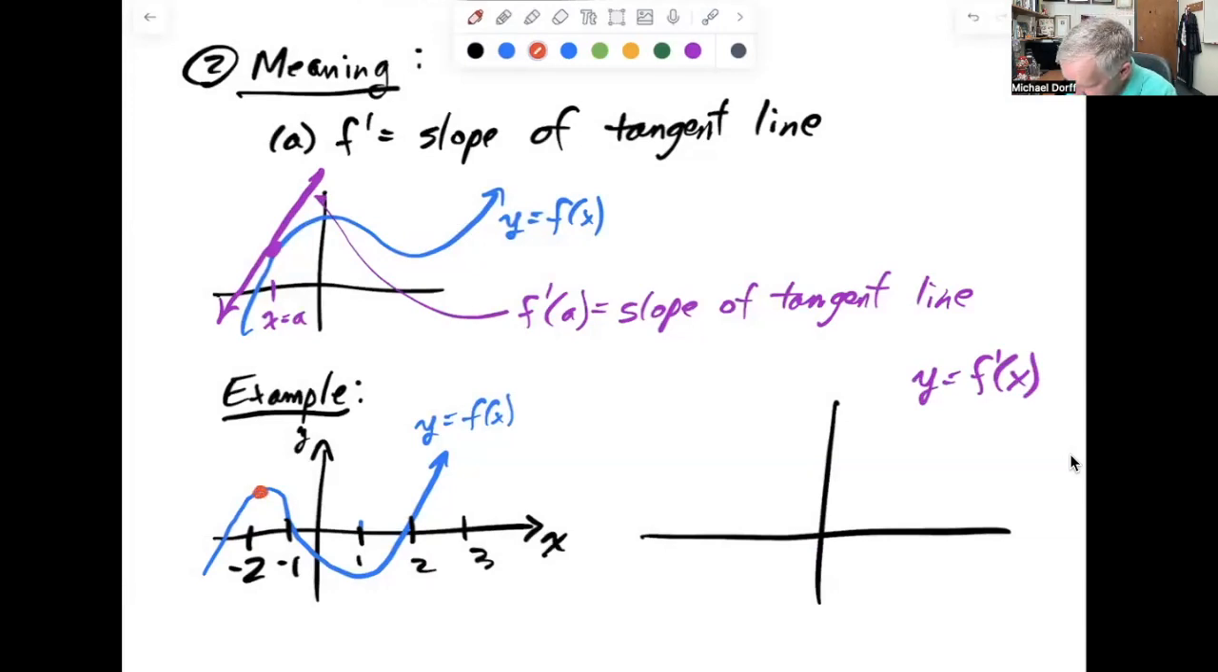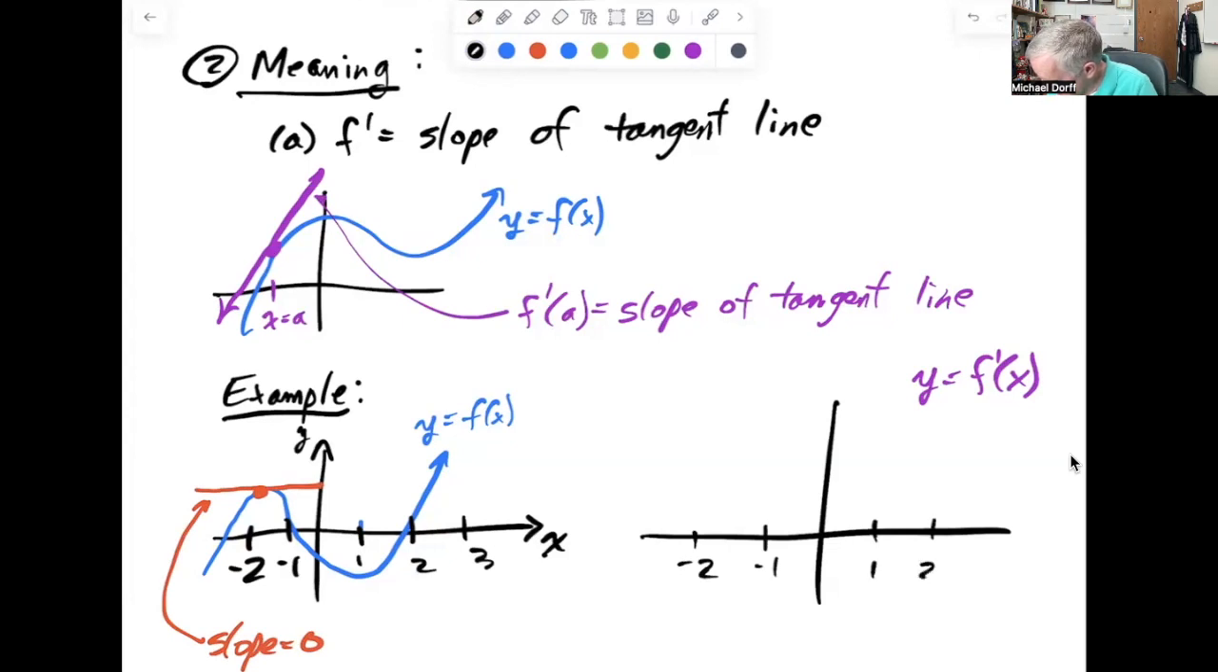So that happens about here, which we'll say is x equals -2. If I draw the tangent line there, the slope of that is 0. So if I go over to my graph of my derivative, draw in some points here, some x values. So those are x's, and again, here's my y-axis, which is the derivative. What do I notice? I notice that